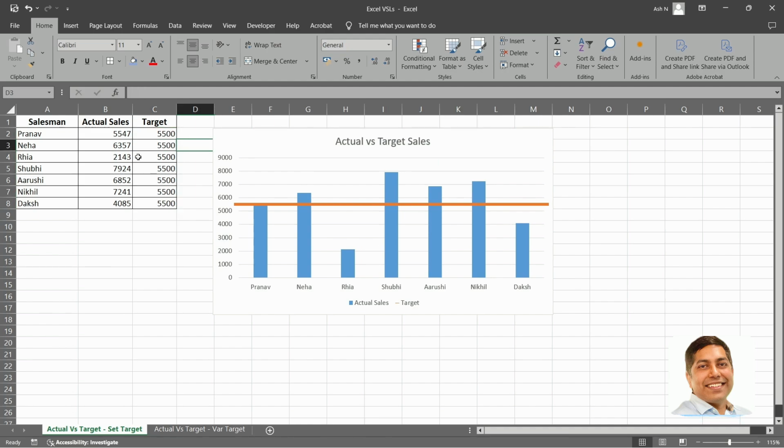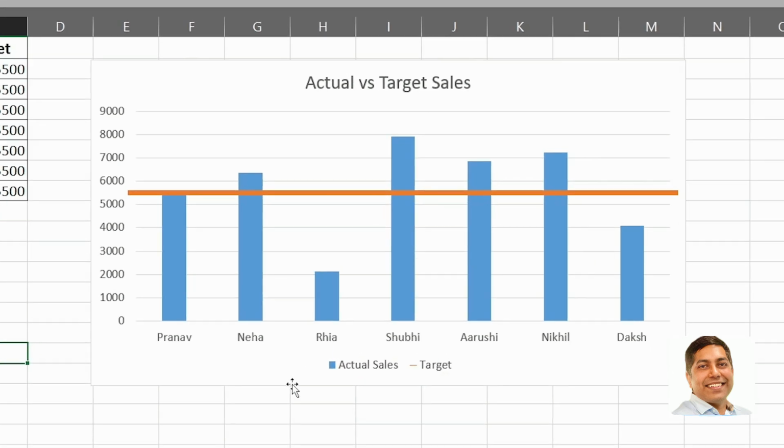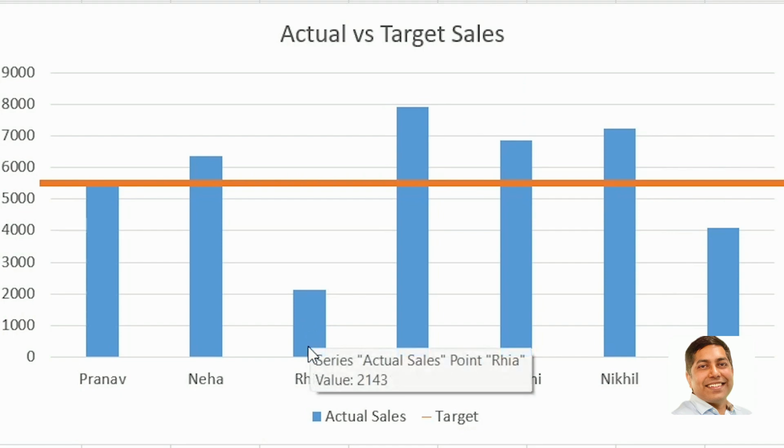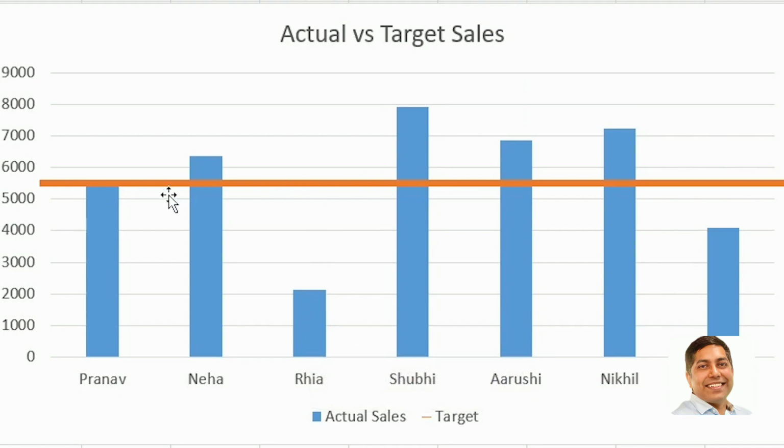So some people have met the target, like Neha, for example, has exceeded the target at 6,300, where the target is 5,500. And some people have gone below the target, like Daksh, who has made 4,000 sales and the target was 5,500. So coming to the chart, we have a column chart for our actual sales and a line passing